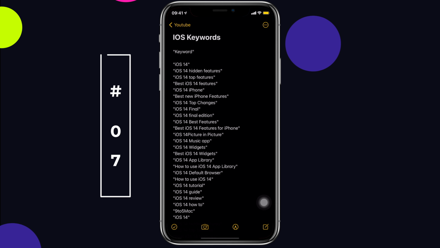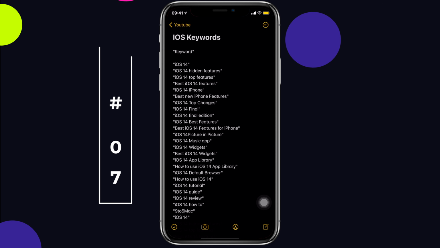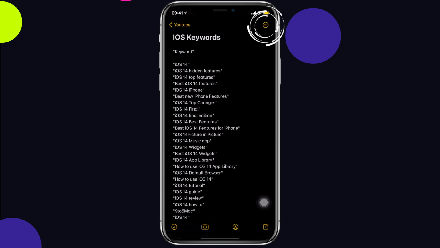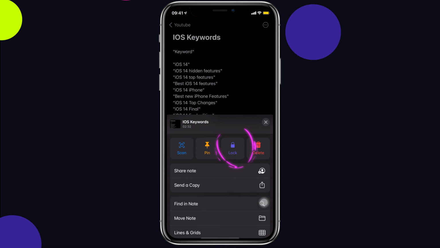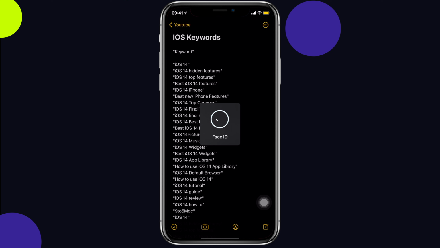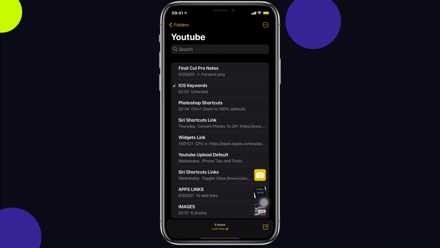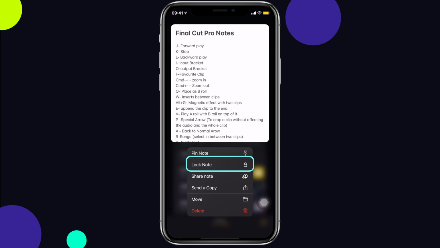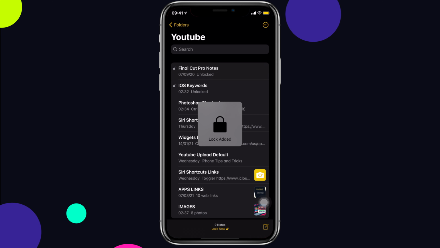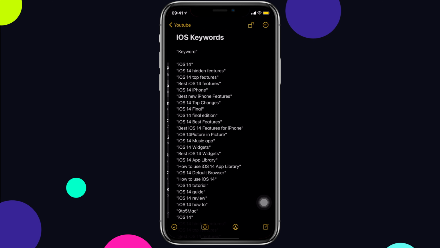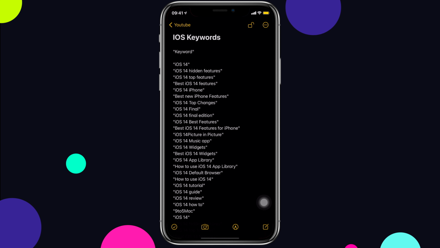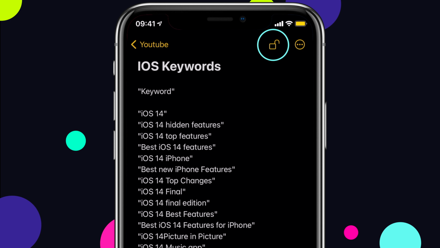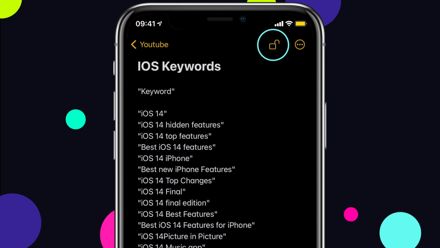Privacy is one of the best features of the Notes app. If you feel like your note needs protecting, again from here, you can now lock it. Or an easier way is to 3D touch the note itself and select lock note. As easy as that. I do have a password set already, but when you do lock, it will prompt you to add a password. Now once you are done using the note, lock the notes again from here.